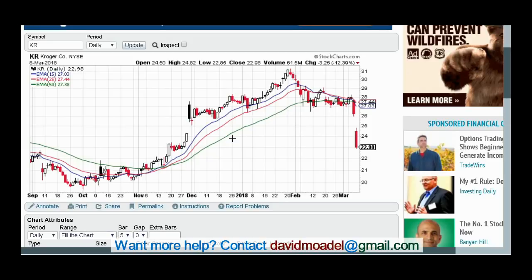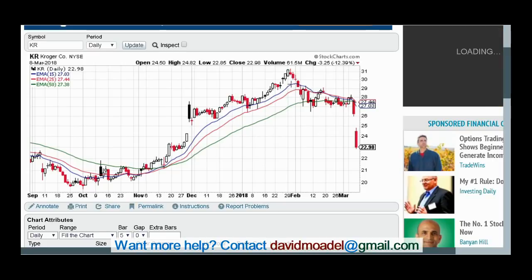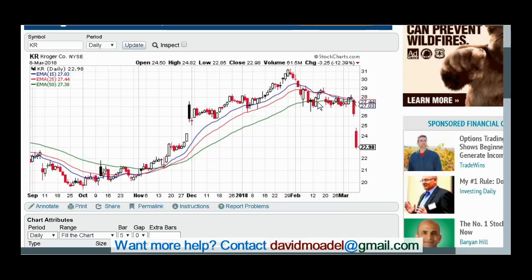Now, I like to get out sooner rather than later, all right? And this is a pretty good example. We can see that Kroger stock has just dropped rather sharply recently. And so instead of waiting until the 15 goes below the 50, because by the time that happened, it probably would have been too late. All right. You see the 15 start to go toward the 50, and it doesn't really have a clear break below. The 15 doesn't go clearly below the 50 until the candles are way down here, and it's a little bit too late. You're already in some trouble here.